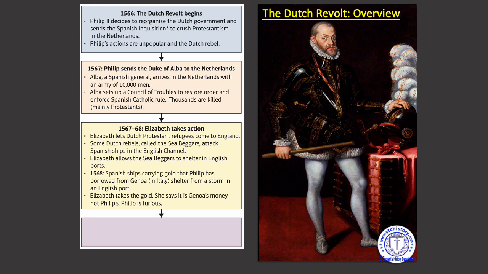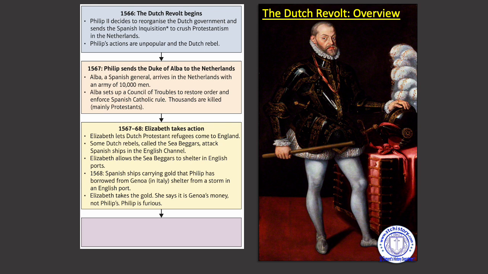So the first thing Elizabeth does is lets the Dutch Protestant refugees come to England. Now, again, very, very similar to what we've seen in the Ukraine situation at the moment, as the NATO troops have not gone into Ukraine. They have not put soldiers on the ground, but the West has taken refugees, hasn't it? And it has provided some support financially and some equipment, whereas even that could be argued is a bit too direct for what Elizabeth is hoping for. But hopefully that analogy or that little similarity can help you understand the situation where we are now.